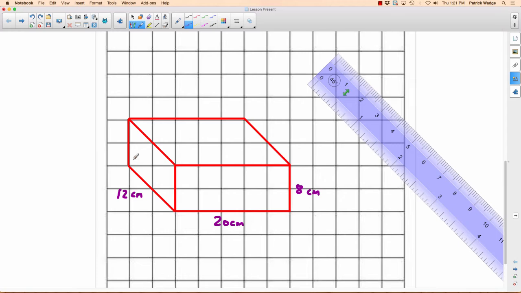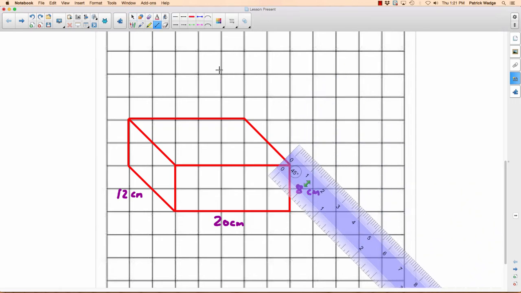I mean, it's really great if you want to just do your measurements because it's all to scale, so you can use this to really see your measurements. But if you just look at it, it's just a little bit distorted. Maybe to help you really understand that, I'm going to draw a really simple cube here. I'm going to draw a 2 by 2 cube. So I'm going to go down 2, I'm going to go over 2, I'm going to go up 2, I'm going to go back 2,